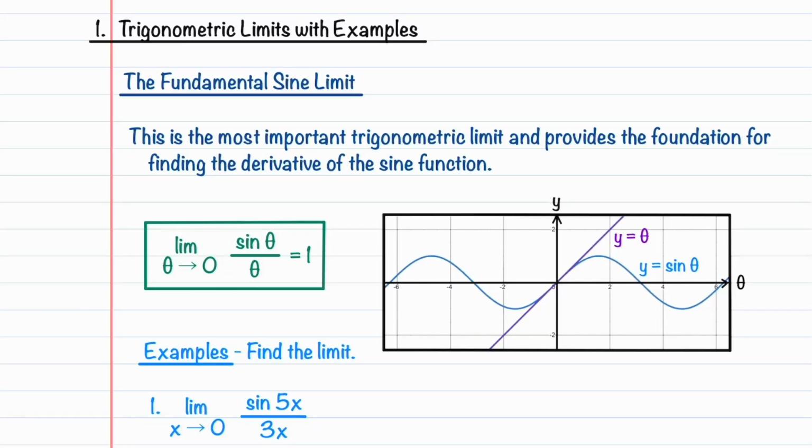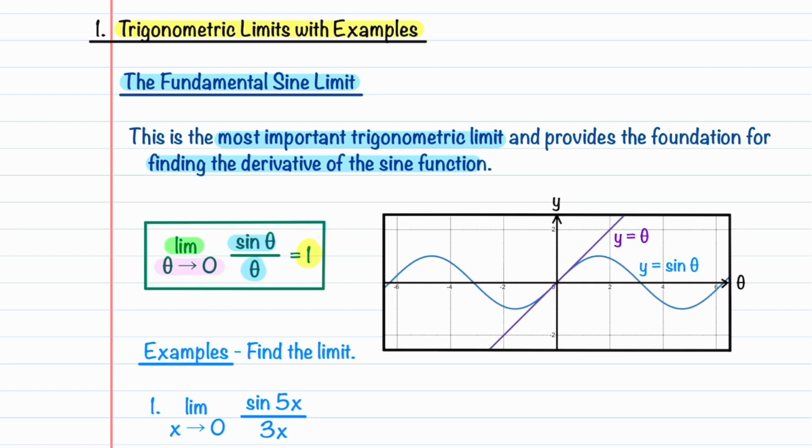We're going to look at two fundamental trigonometric limits and walk through some examples. The first limit that we'll look at is the fundamental sine limit. This is the most important trigonometric limit, and it provides the foundation for finding the derivative of the sine function. This fundamental limit is the limit of sine theta divided by theta as theta approaches 0 and is equal to